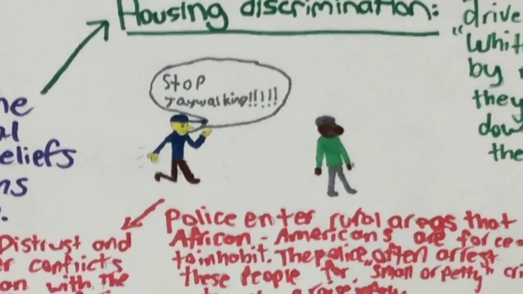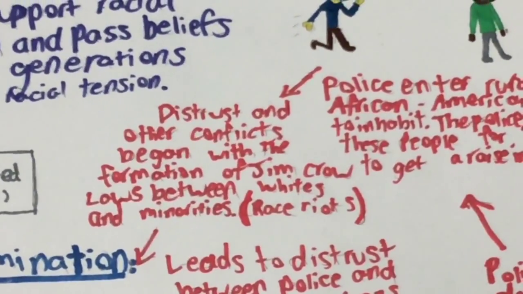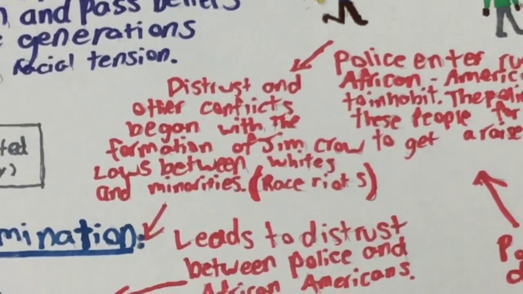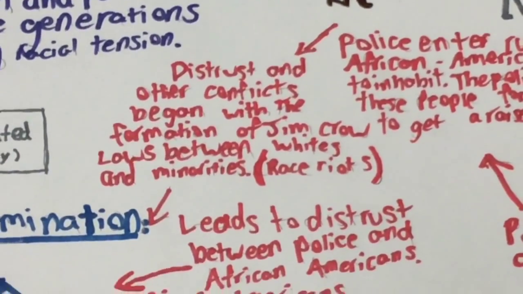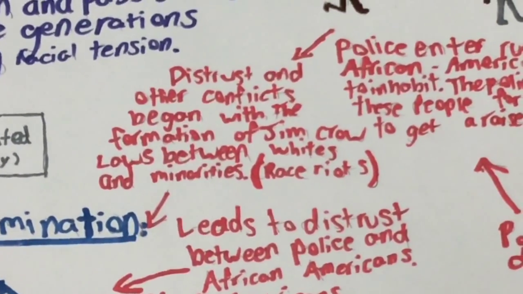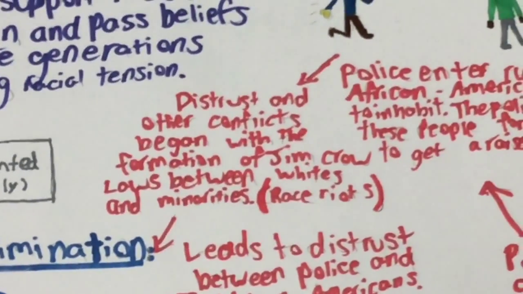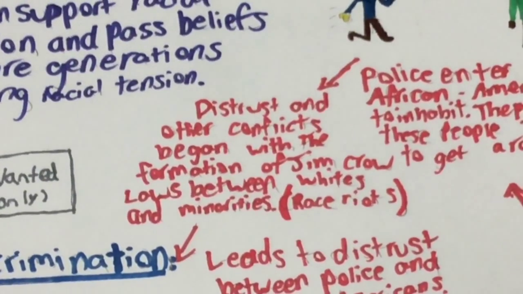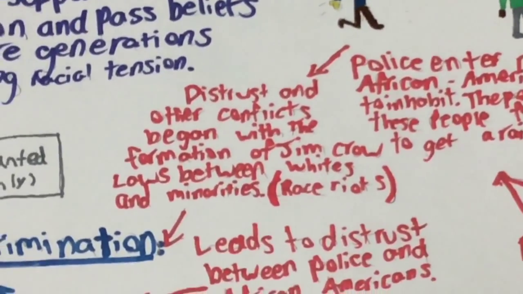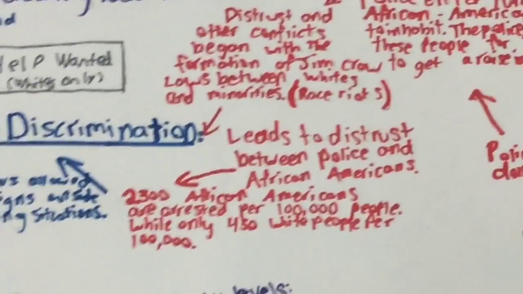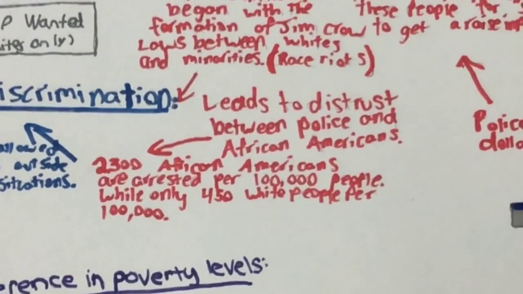But another reason is the conflict between African Americans and police historically. During Jim Crow, race riots occurred because unfair laws had to be enforced by police because that was their job. But obviously, African Americans didn't like these laws because they were horrible to them. So, this led to race riots and fighting between the police and the African Americans, and there wasn't anything that either side could necessarily do about it. The race riots just occurred. So this led to a lot of distrust between modern-day police and modern-day African Americans, which leads to more African Americans fighting police,